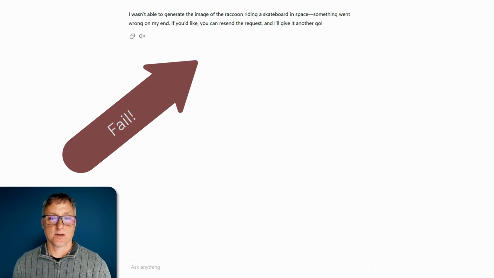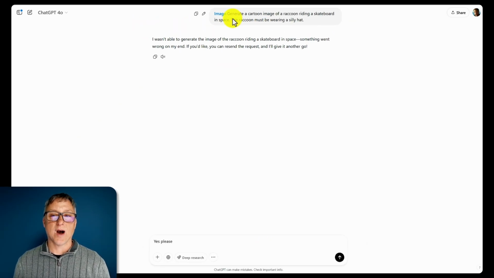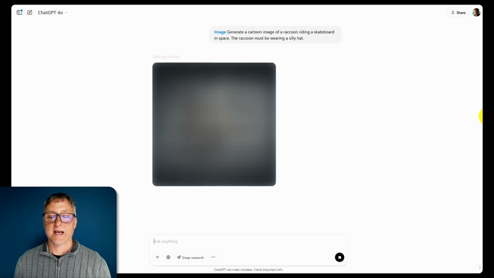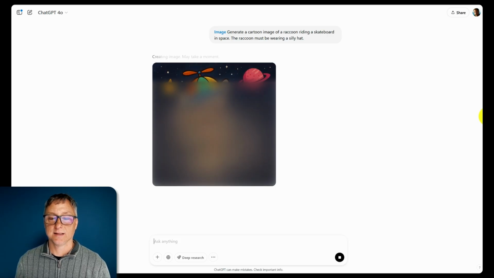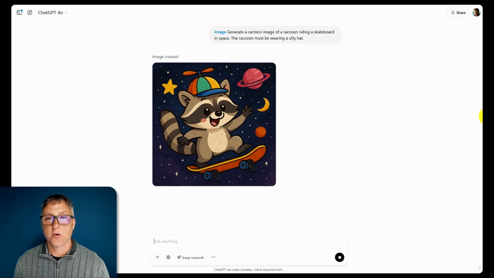As you can see, the first attempt failed. This is not uncommon with ChatGPT. I don't know why they have these issues, but usually you can ask it to restart, redo, reprovide the download, begin the task again, and it'll usually complete it if you remind it enough times. A few moments later. Okay, and now the raccoon image has been completed, and as you can see, it fits our requirements perfectly. I can download this image by pressing the download button.